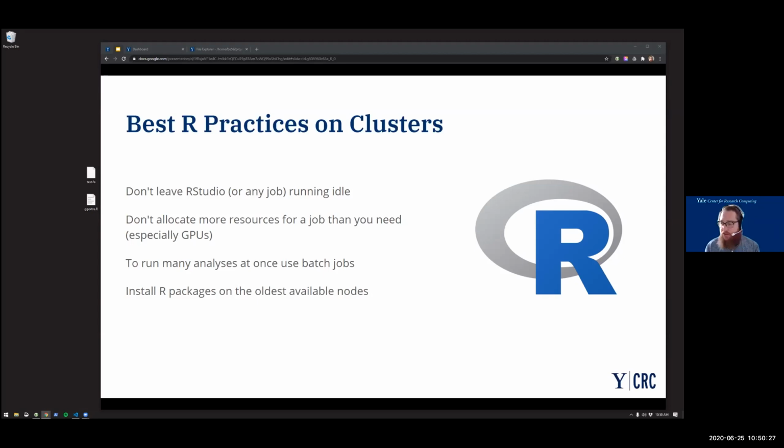And the last thing that can creep up on you, and I'm going to show you how to do this, is to only install R packages on the oldest available nodes. The reason for this is when you install an R package, oftentimes it comes with code that needs to be compiled. For instance, it's written in Fortran or C to make sure that it's faster than if it was just pure R. The wonderful thing that R does is it looks for all available optimizations that it can use on that code when it's compiling it to make it very fast on the CPU architecture that it is running on.